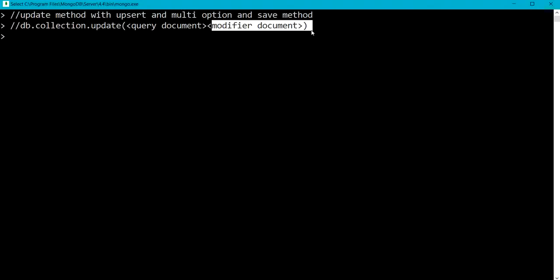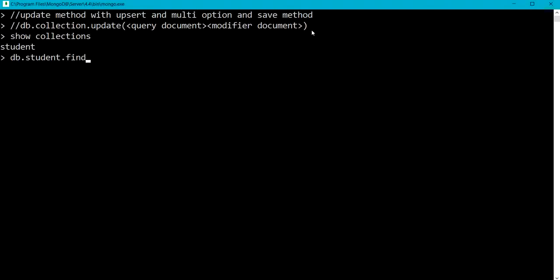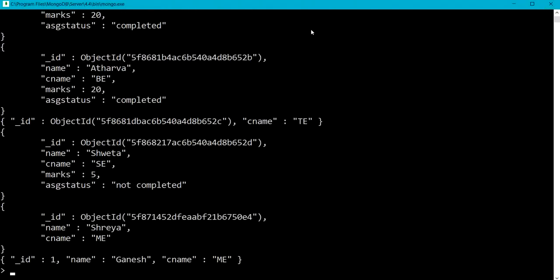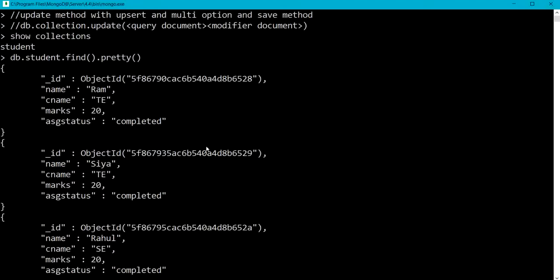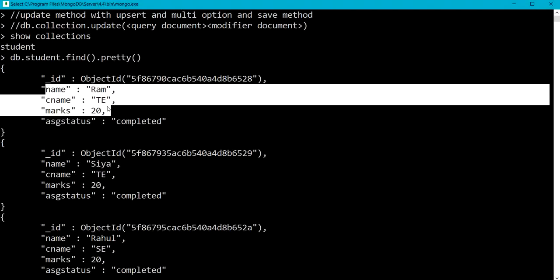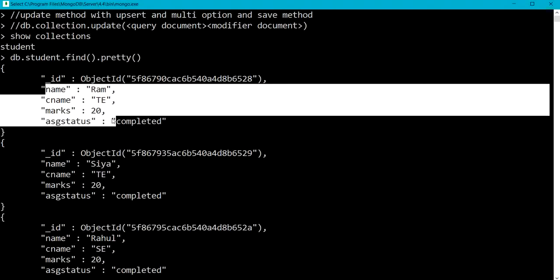Let me update the document from a collection. So already I have a student collection. Let me display all the documents from the student collection with the find method. Here I have all the documents having fields like name, class name, marks and assignment status.